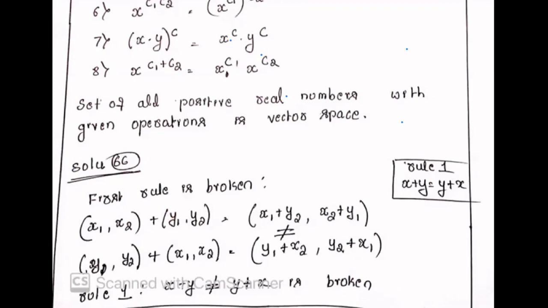So when you compare LHS and RHS, they are not equal. In the first case it was x1 plus y2. In the second case it was y1 plus x2. Right? See, in the vector